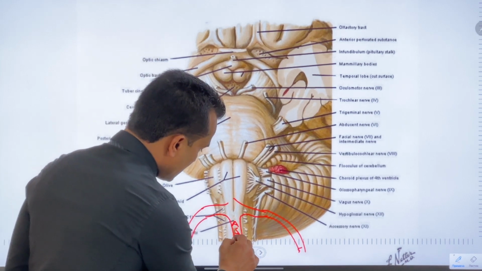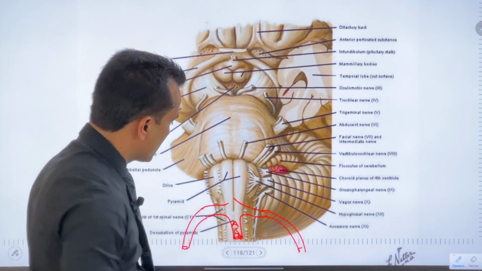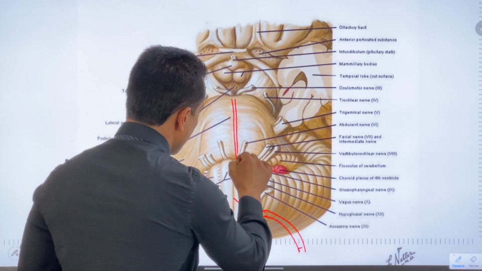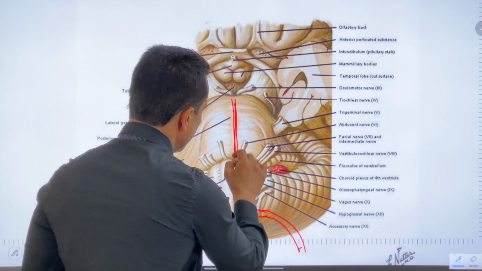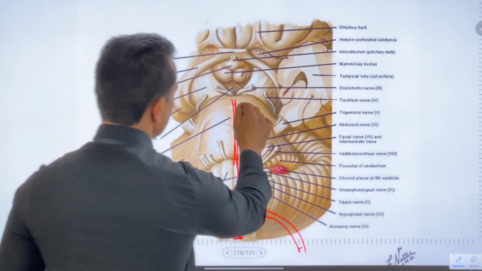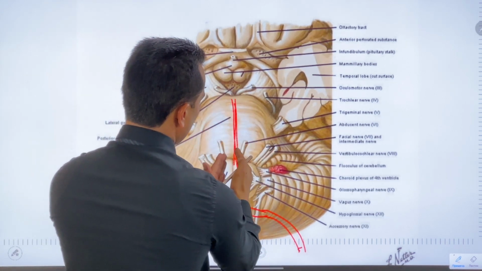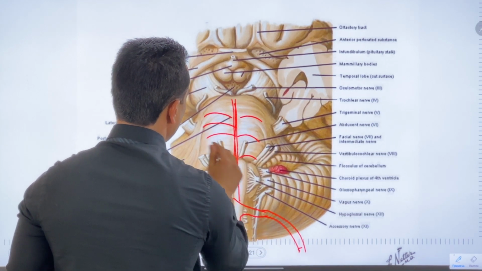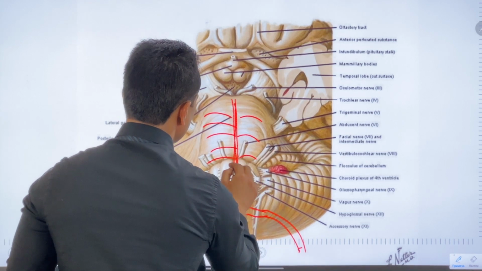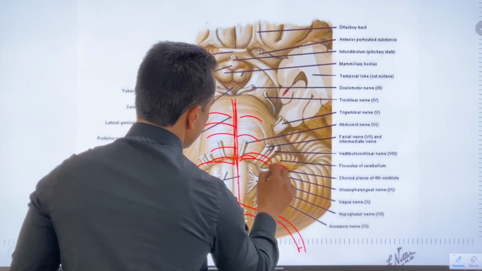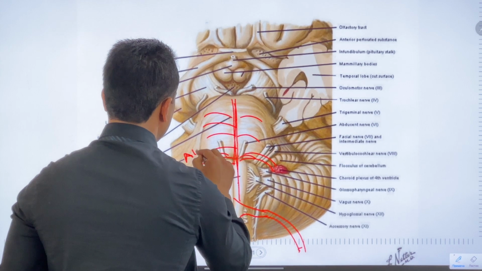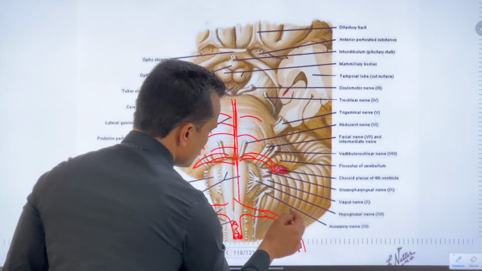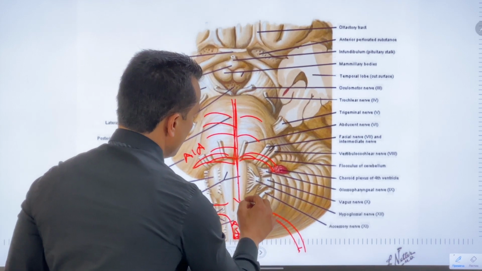So the anterior spinal artery is supplying the medial side of the medulla, and then both these arteries ascend and continue as the basilar artery. As you can see, the basilar artery is sitting on the medial side of the pons, and it's giving a lot of branches on the lateral side like pontine arteries, and it's also giving the anterior inferior cerebellar artery, which is called the AICA artery, pontine arteries, labyrinthine arteries, and then this vertebral artery also gives another